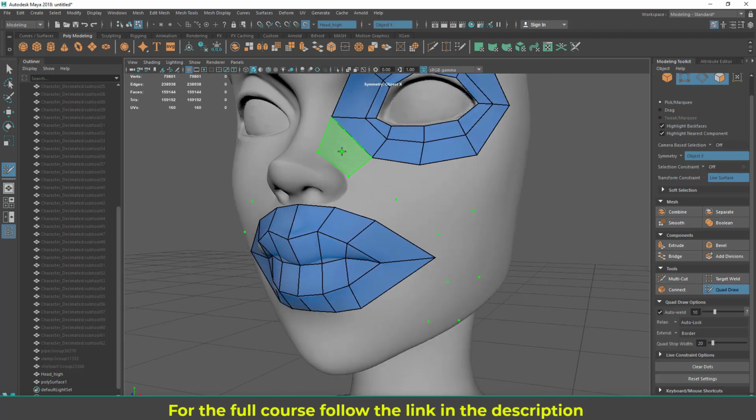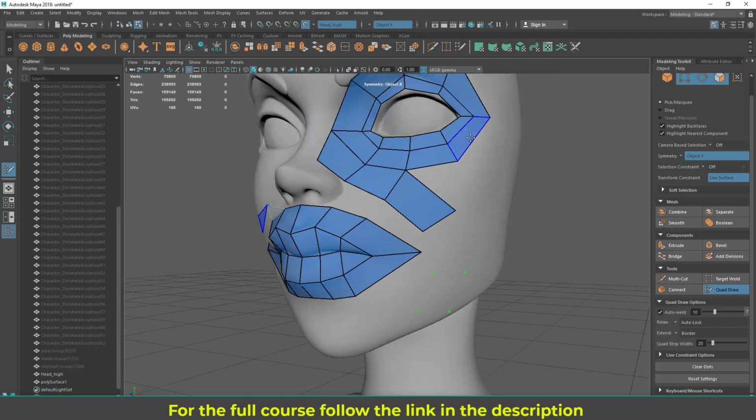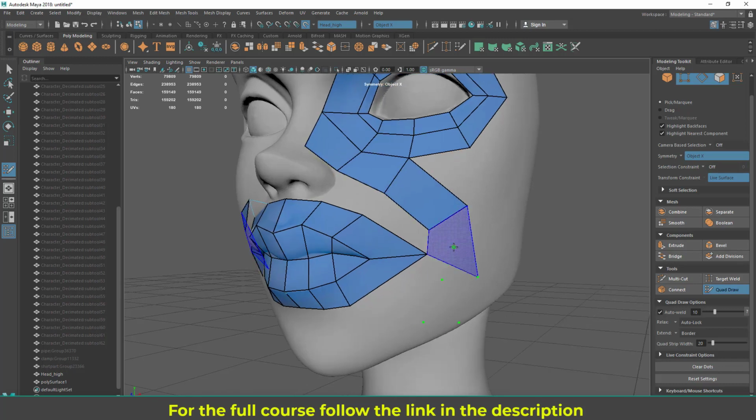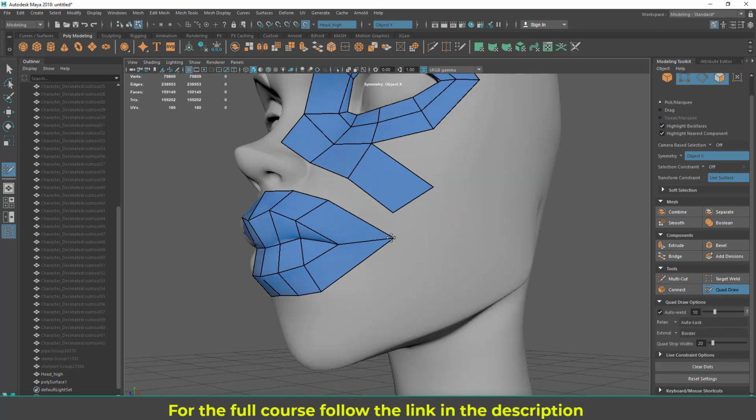Okay, so here hold shift and let's create these polygons. You can see there's a little bit of delay here, and here you can see my loop is not continuing with this eye area, it's coming here, kind of changing the loop in this area. And make sure it's not connecting here, it should come here somewhere. So I need to move this out of the way, and then let's,